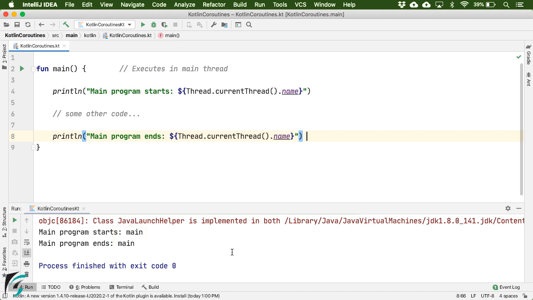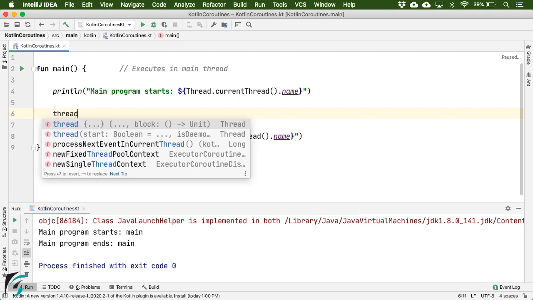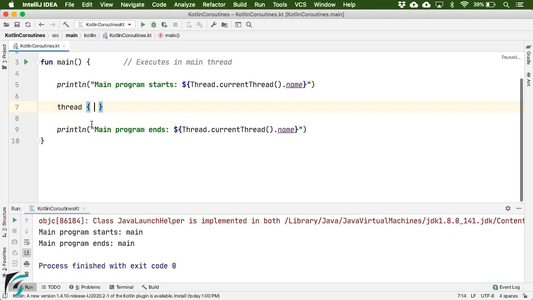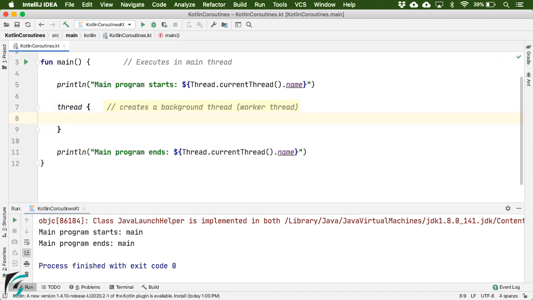Now, let us create a background thread in place of this statement. By using the thread lambda expression, just select the first one. So this thread function is going to create a background thread for us, which is also known as a worker thread. And within this thread, let us perform something. Let's add a print statement first.